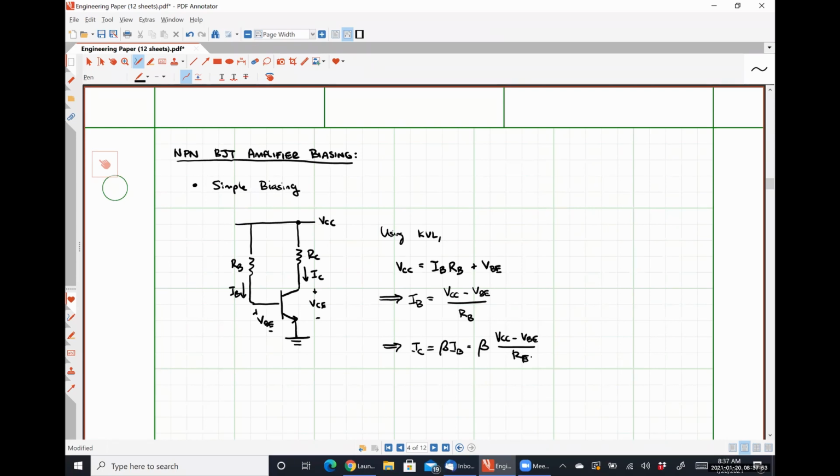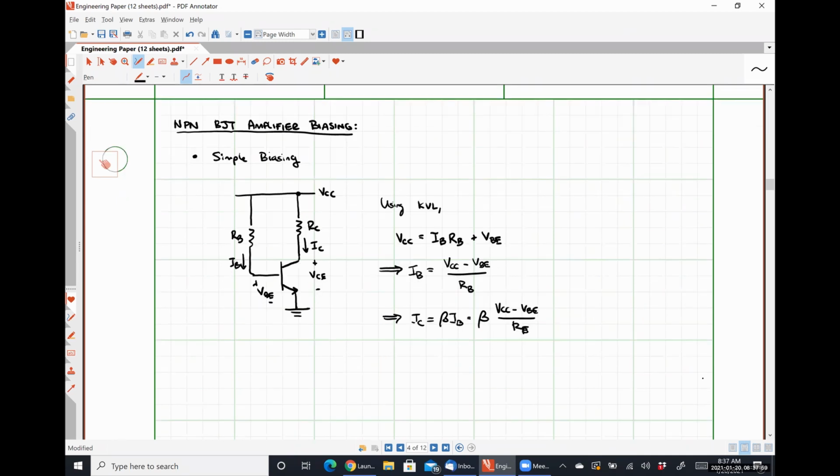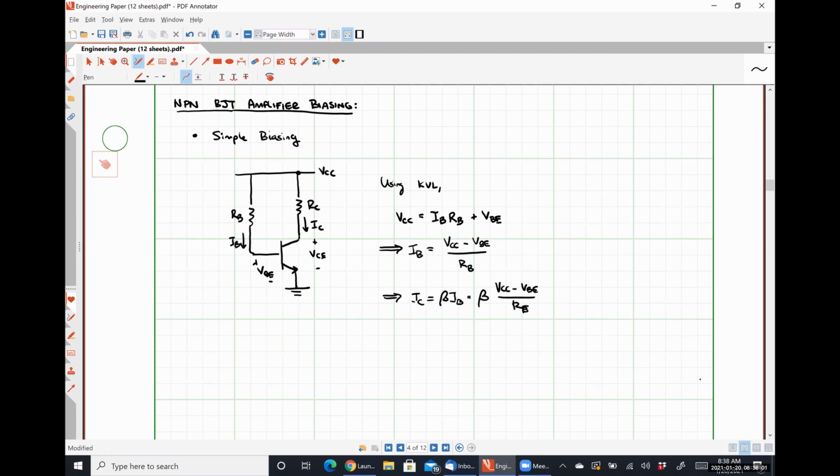Now that we have an expression for IC, let me stop here. Everybody following along thus far? All right. So now we need to figure out how to relate VCE to these quantities. So if we use KVL again, we can see that VCE